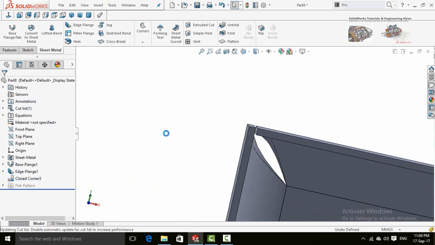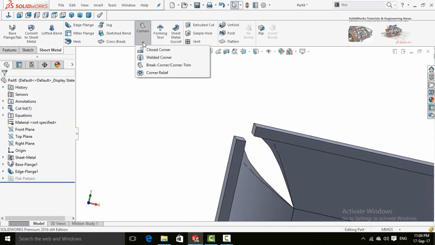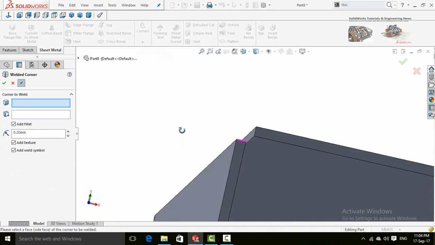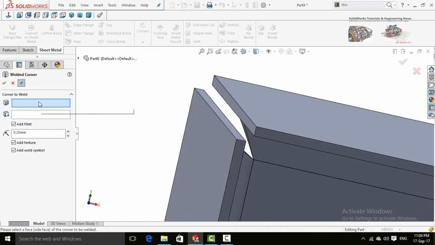So next option in corners is welded corner. Select it. In the first box, it will ask you side faces to be welded. Select this face.